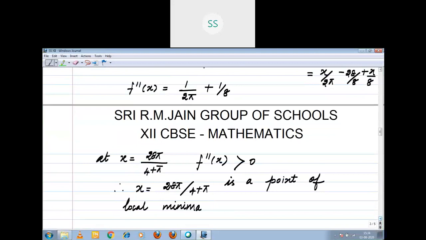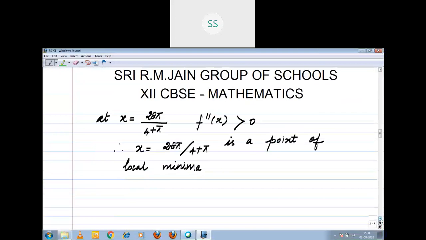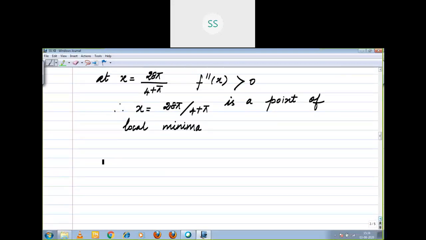You want to find the length of the circular piece as well as the square, right? They are expecting. So, you have to substitute the value in the format. That's it. Now, length of a circle equal to, what you had? Length of a circle is what you assumed? Anyone? Length of a circle is x. So 28 pi divided by 4 plus pi meter, right?